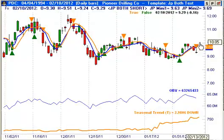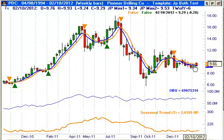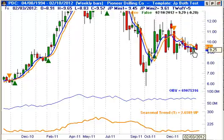Now, as a result, even though we like the energy sector, if we do see further downside, we just missed getting into PDC by a penny. The fact that it closed at 929 doesn't make us all that happy. We ended the week with a sell signal on top of it. Maybe some more coming into this gap level. If we take a look at the weekly chart, it forms, I guess you could say, a case for a bearish